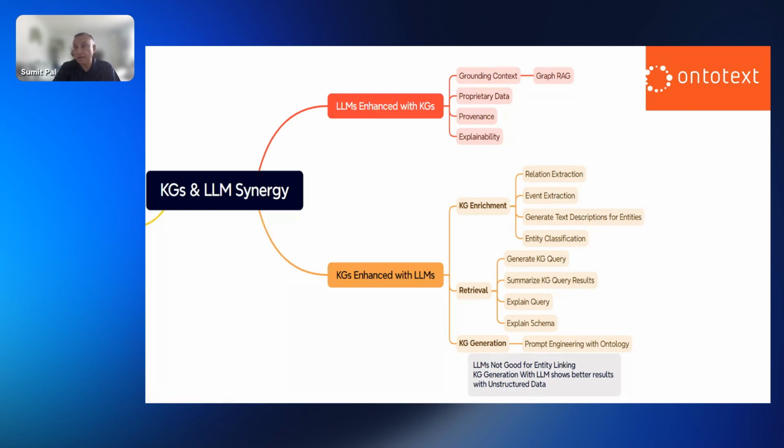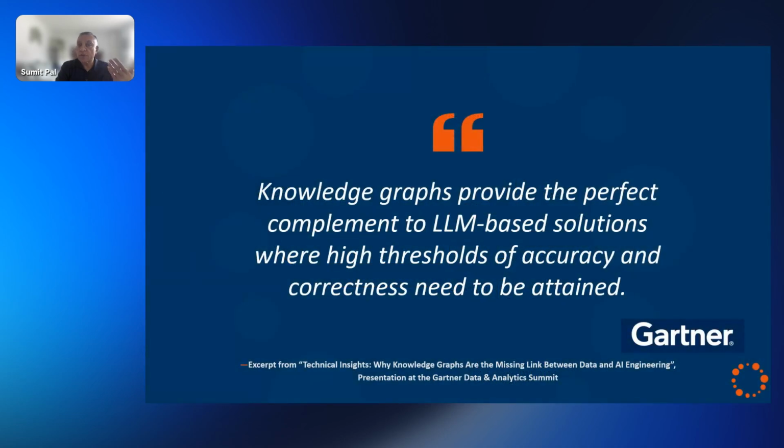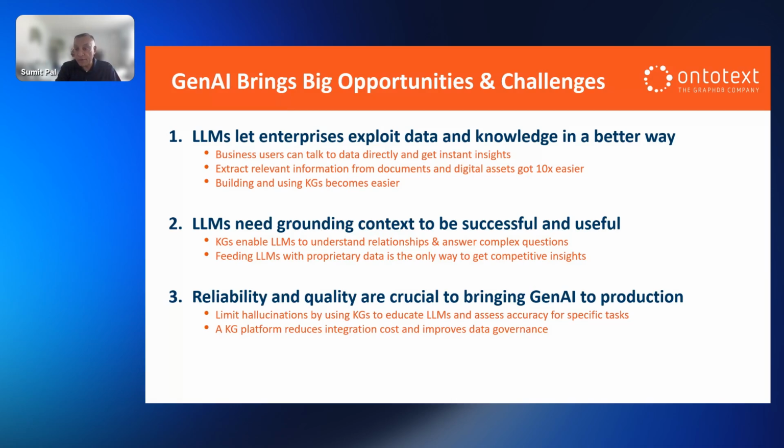Depends on how fast the technology is going, whether it will be able to do it or not. And that is where knowledge graphs come in. And what is entity linking? We'll discuss about it. So this is a quote from Gartner, I think about a year back, where they also stress the importance of knowledge graphs with LLM-based solutions. I think we don't need to go through this slide specifically. This is all discussed earlier, which is how LLMs, when they need grounding context to be successful, useful, and reliable in terms of accuracy, in terms of factual accuracy, they need knowledge graphs to limit their hallucinations, to provide governance